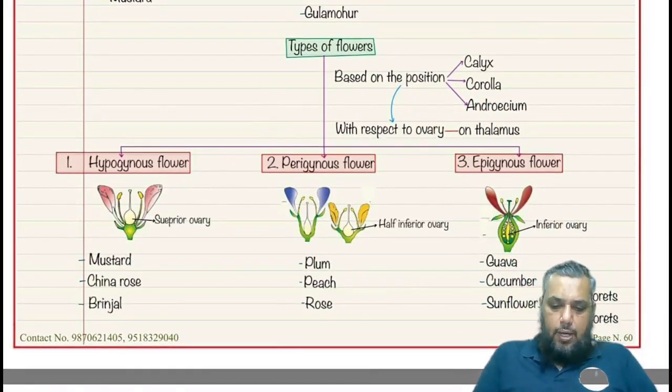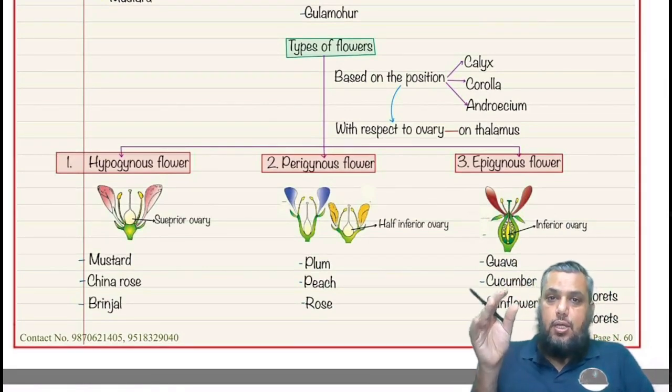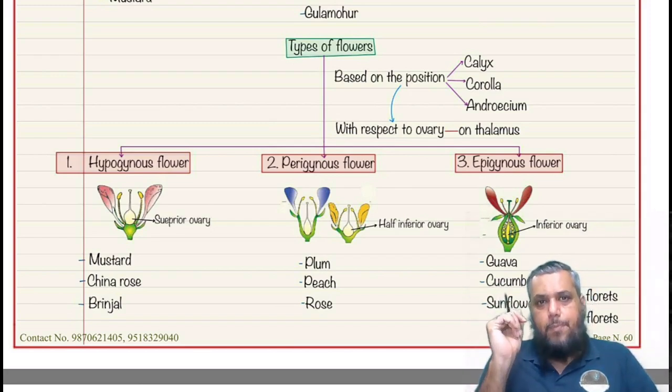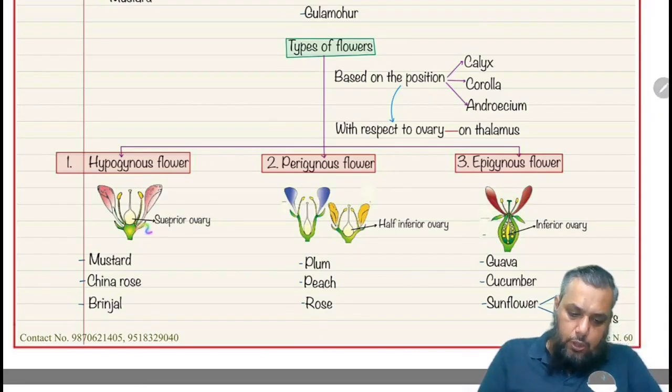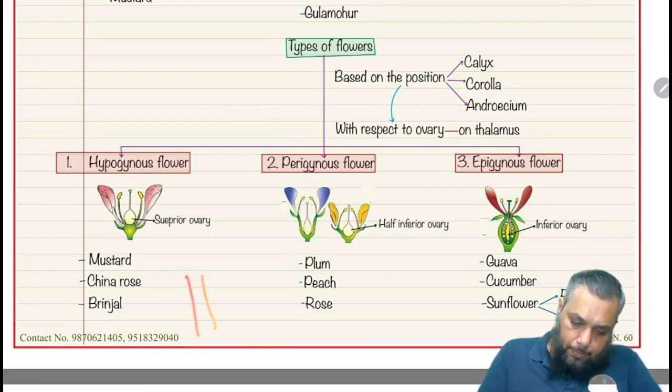What are the types of the flowers? Based upon the position of the ovary, and the position of the calyx, corolla, androecium with respect to the ovary on the thalamus. Okay, see this. Look at this particular diagram on the left. What you find is that the thalamus is concave, like this, and the ovary